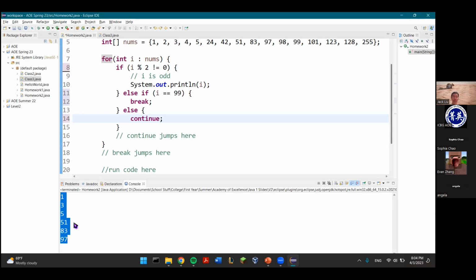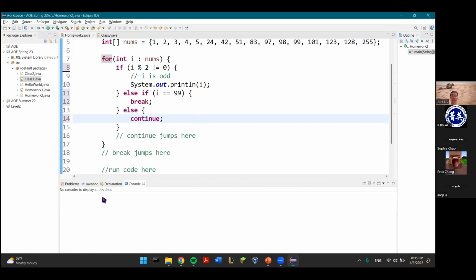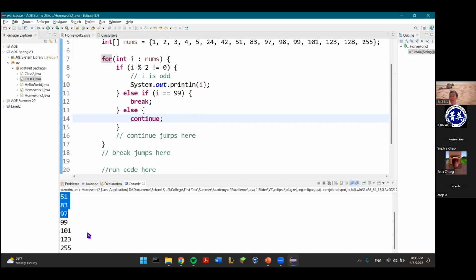Yeah, so both of you guys are correct. It will print 99 and it will actually print out everything else afterwards as well. So if we run this, you'll see that we have what we had before, but then notice it keeps on running afterwards. And this is actually more of the fact of the if statement. So